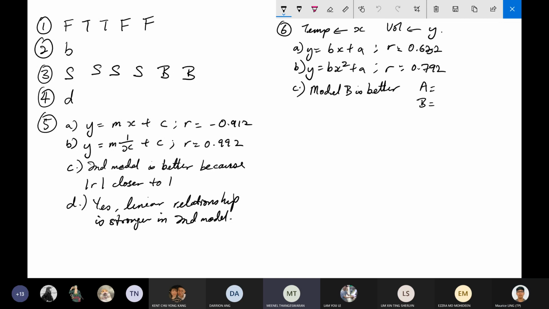A is negative 91.2. Sorry, A is 92.1, and B is 1.78. Okay, so by that, what you have is this model. Since model B is better, what you have is this model: y equals 1.78 times x squared minus 92.1. So for question D, what